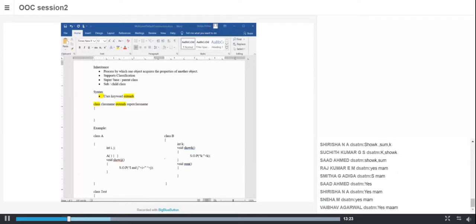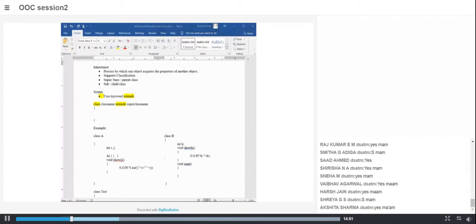What do I mean by access? I can access in the sense that now I can write a statement here. Within the sum program, I can say K is equal to I plus J. I and J are not defined in class B. Will it give an error? No. I and J are inherited from class A. So K is equal to I plus J will work perfectly correctly.